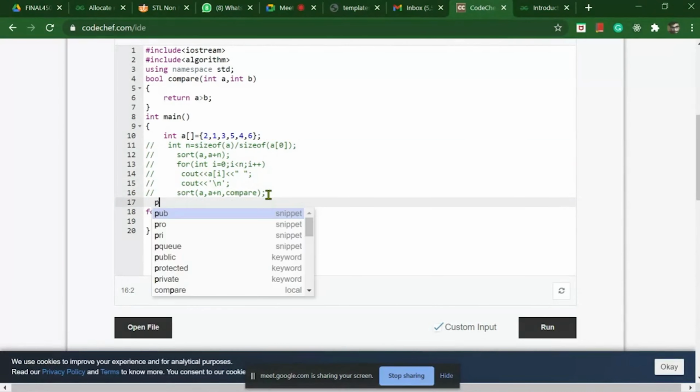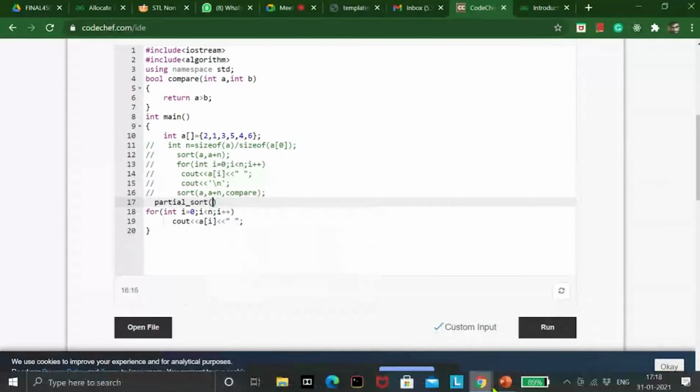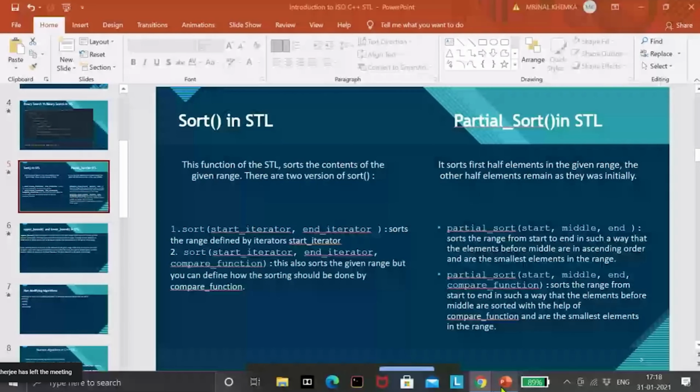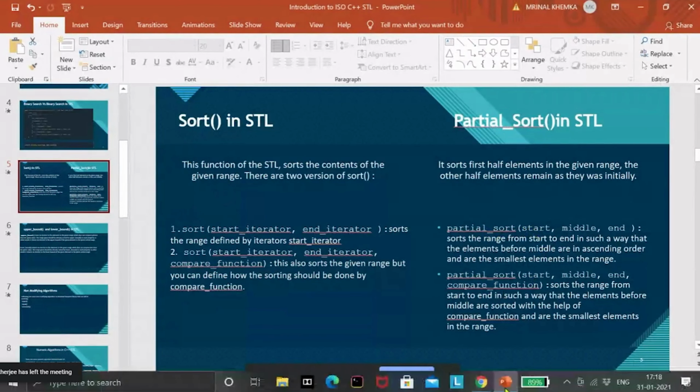Let's see here how it works. We are going to discuss first what partial sort is, and then we will add a compare function to it as well.